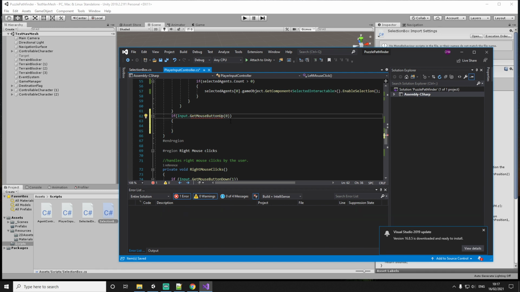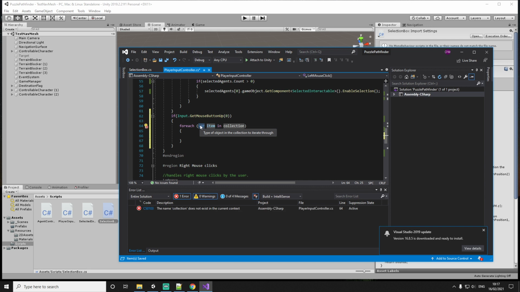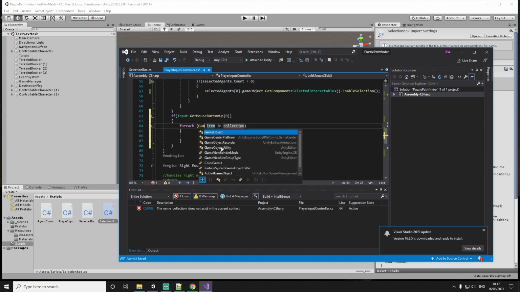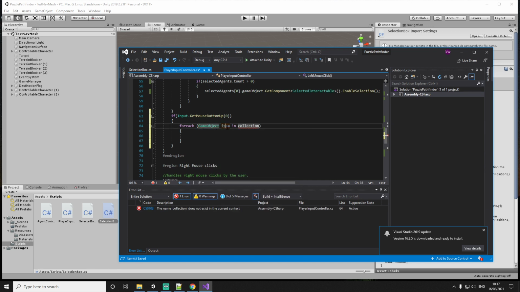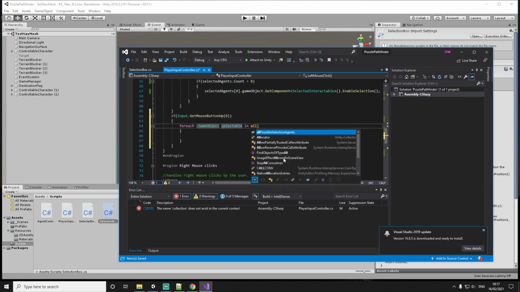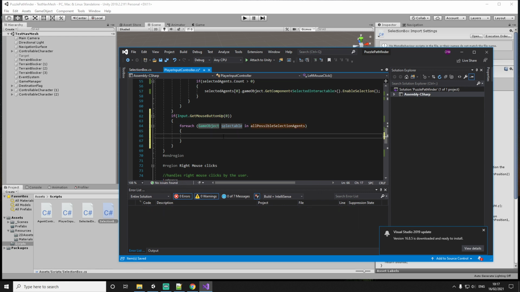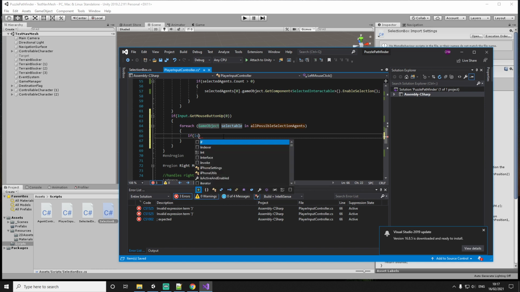And of course, that's going to be key 0 because it's a left click. We're just going to do foreach, and then let's just do a GameObject. Let's call this a selectable. And that's going to be in our allPossibleSelectionAgents. We're just going to do if is within,